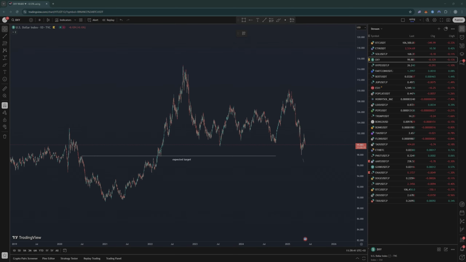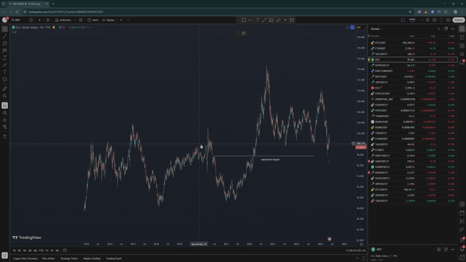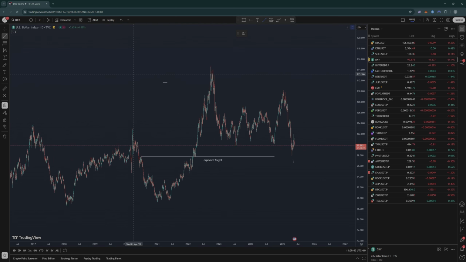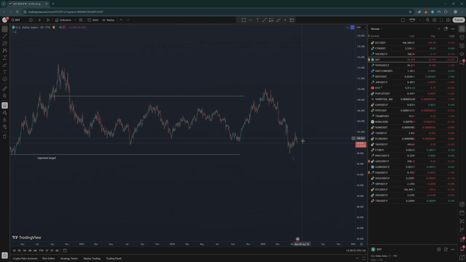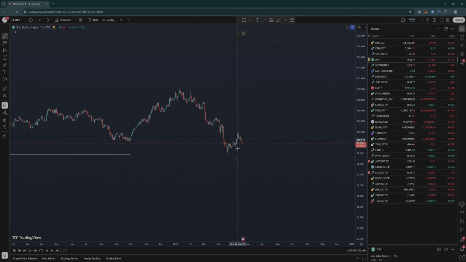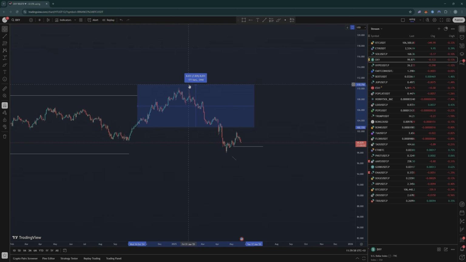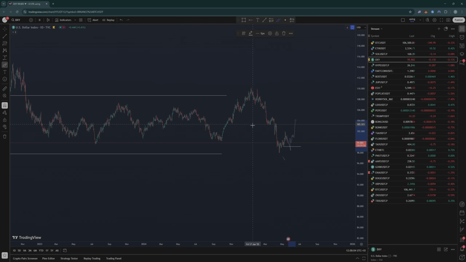All right, I just want to touch on the dollar really quick. I do think that we're going to continue to see a dollar devaluation. There's absolutely no reason from what I can see to think that the dollar is going to continue up here. We could get a sweep of this level and then a temporary pullback, something like that. But even if we get it, I think it'll be capped around like 105, right?